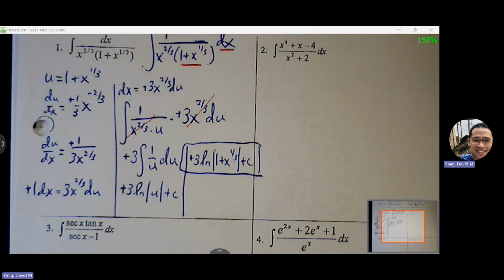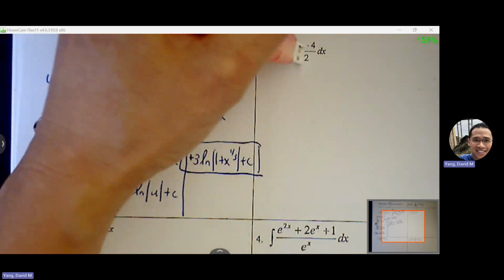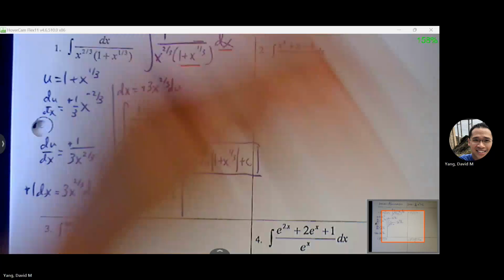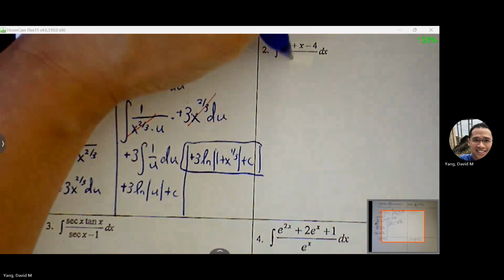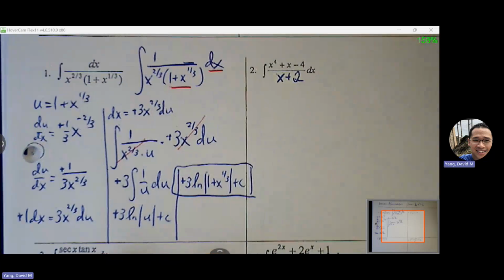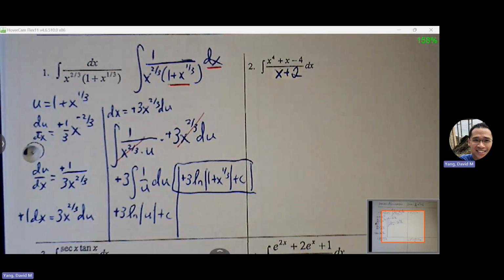Number 2 is a long division problem, which we're not going to do. So if we can change that denominator to just be x plus 2. Number 2 fits nicely with what we expect with synthetic division, which is a denominator that's a linear term, two terms, like x plus 1, x minus 3, x plus 5. And then your numerator has no radicals. It's just